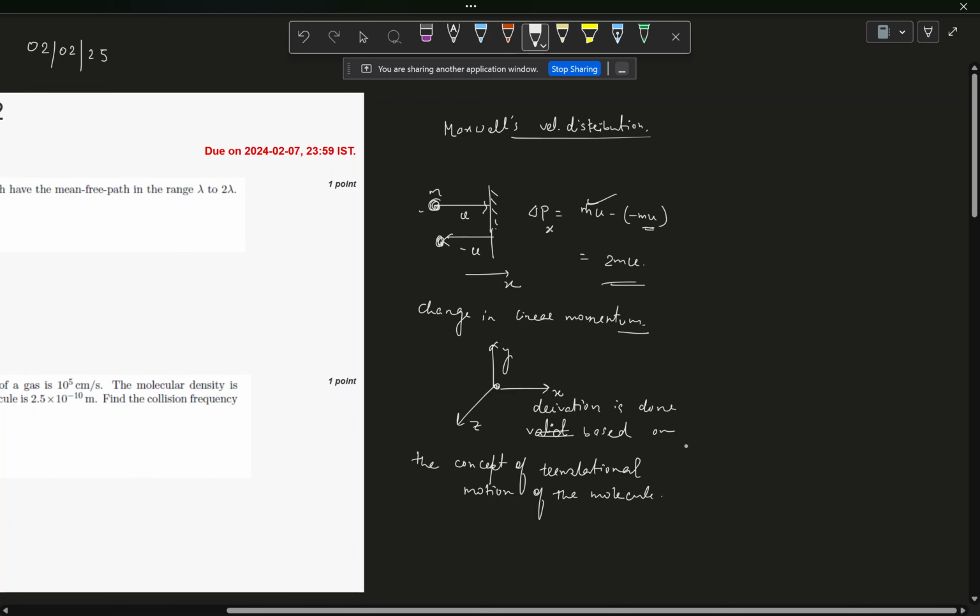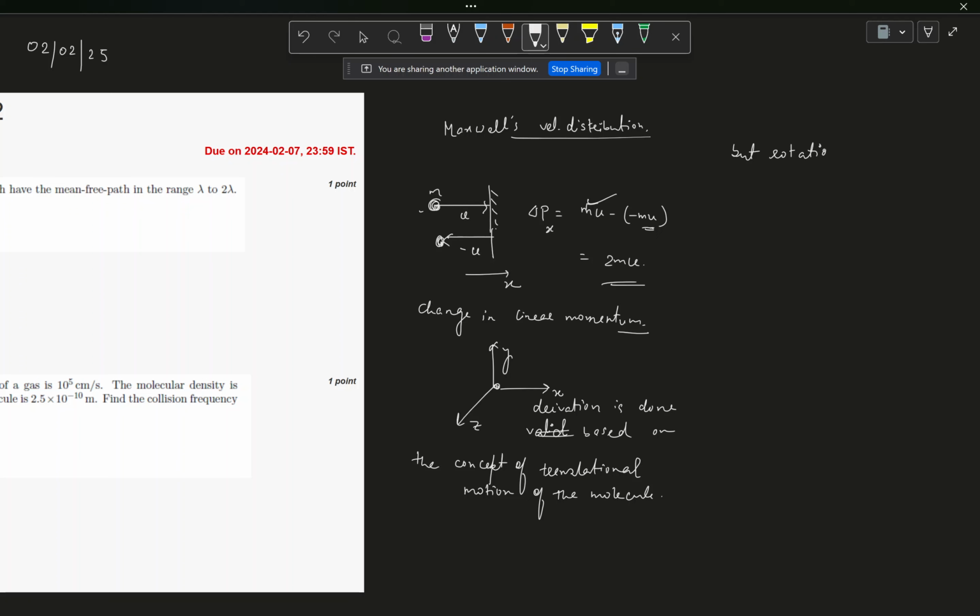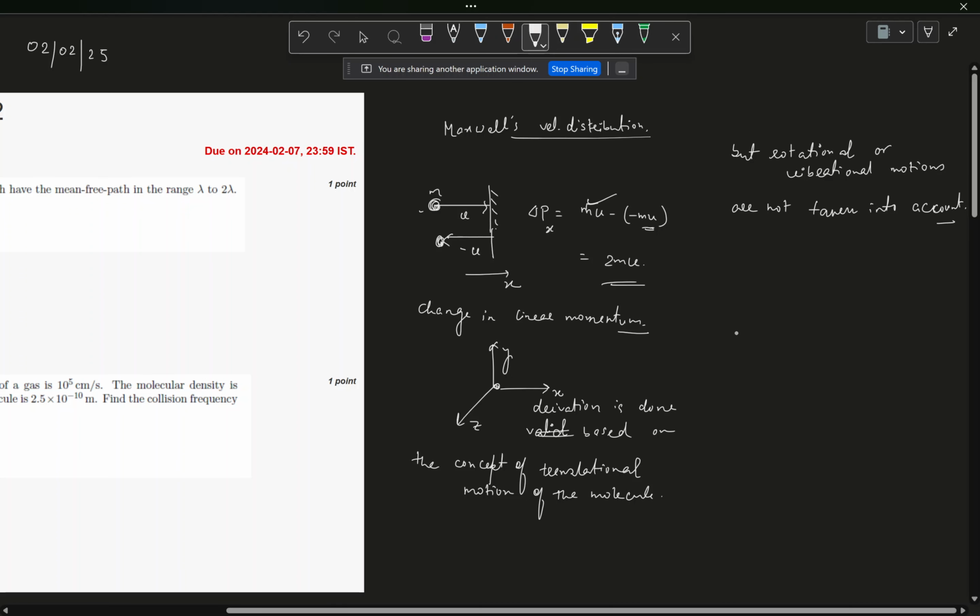At least nothing like that is considered in the derivation of the Maxwell velocity distribution formula. But rotational or vibrational motions are not taken into account, right? So if that is the case, then we know that for monoatomic gases, the only kind of